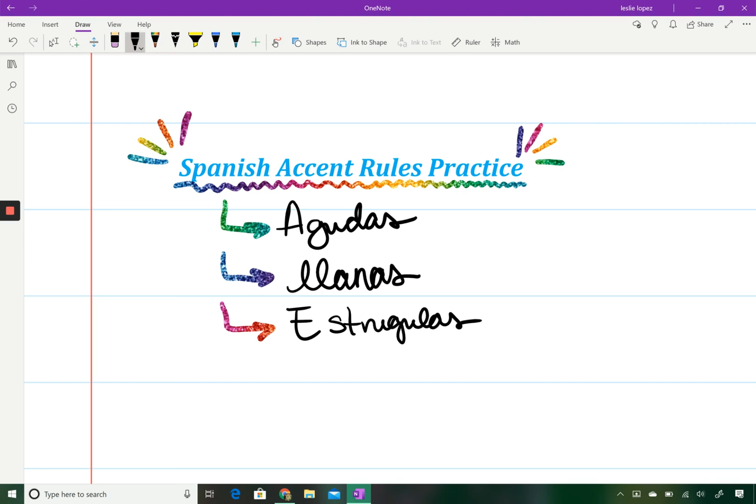En el día de hoy, today, we will be going over our Spanish accent rules. Remember that these are based on 3 words: palabras agudas, palabras llanas, and palabras esdrújulas. We still need to learn one more rule, but for today, we will be practicing these ones. As we go along, I will be pronouncing each word. Have a pencil and pen available, as well as books, so that you can write them down and practice them along with me.